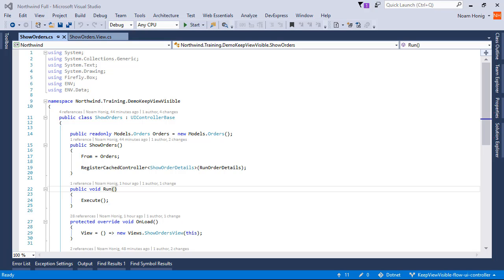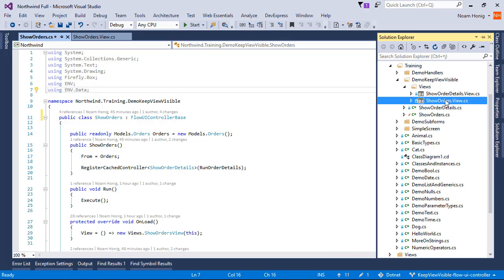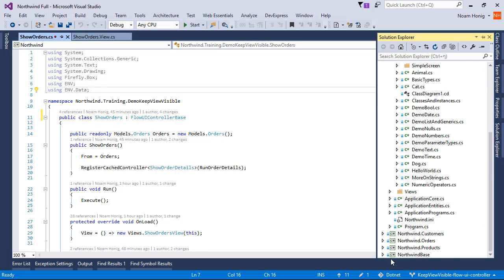Let's talk about KeepViewVisibleAfterExit and FlowUIController. Let's change our showOrders class to FlowUIController, and we're also going to set the columns we want to park on, or the orders over here. So we're going to go to our orders table